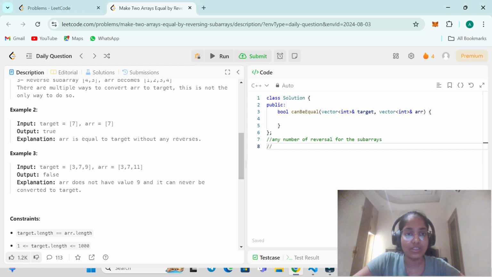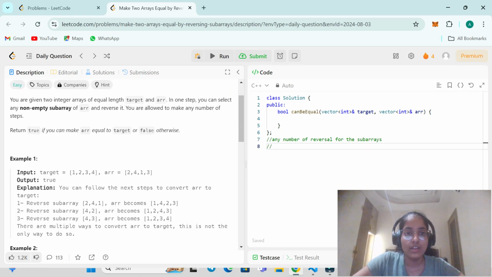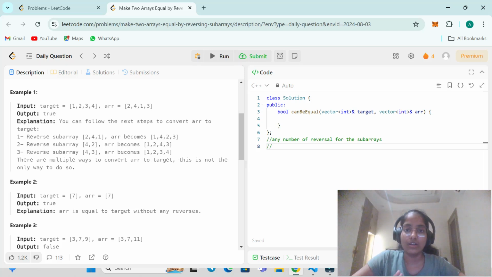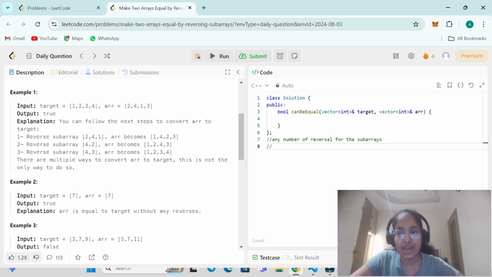I think it is very clear to you all that we can solve this question by checking that all the elements of target are there in array and all the elements of array are there in target. So first of all, what we have got from these three test cases,